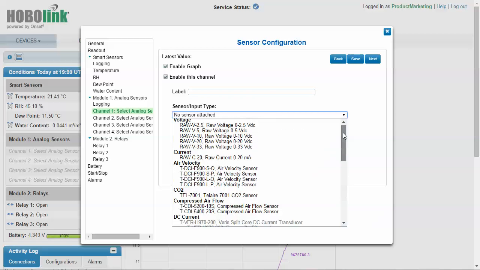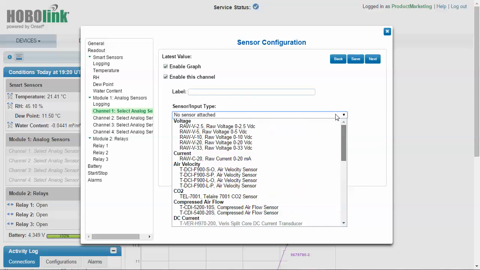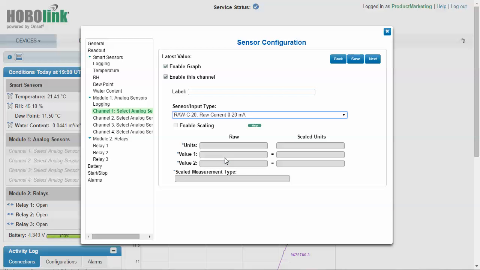If you are using a third-party sensor that is not in this list, then you can select from a series of different types of inputs depending on what kind of output your sensor has. We can go 2.5 volts, 5, 10, 20, up to 33 volts DC. We can also support 0 to 20 milliamps or 4 to 20 milliamps from third-party sensors. So for this example, we're going to select the 0 to 20 milliamp selection, and we're going to select Enable